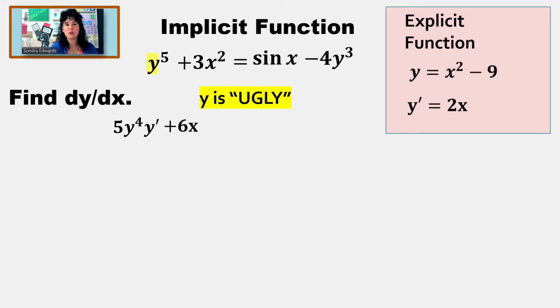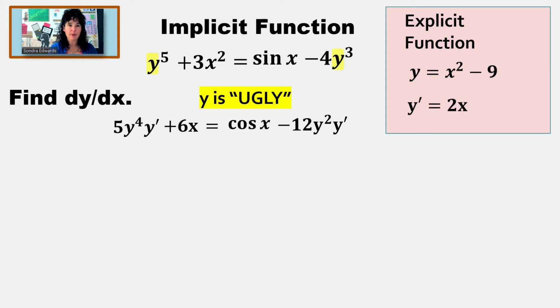Then equals. Next, we have the derivative of sine x. Again, this is just x. So the derivative of sine x is our memorized cosine x. Next, we want to find the derivative of negative 4y to the 3rd. Because y is that input function, we have to chain on the derivative of y. So we're going to have 3 to the front, so minus 12y to the 2nd power, chain on the